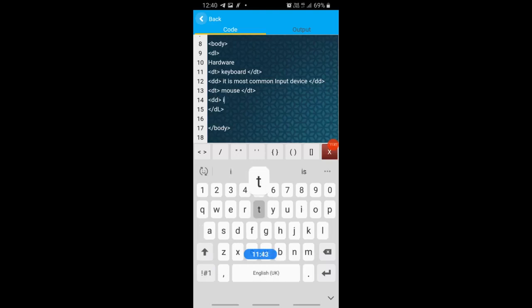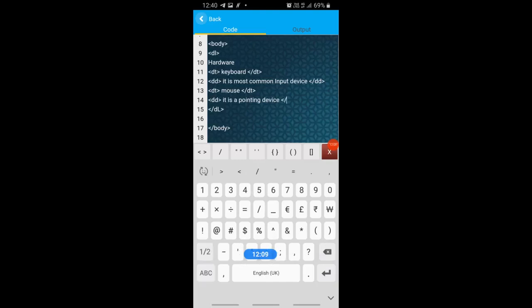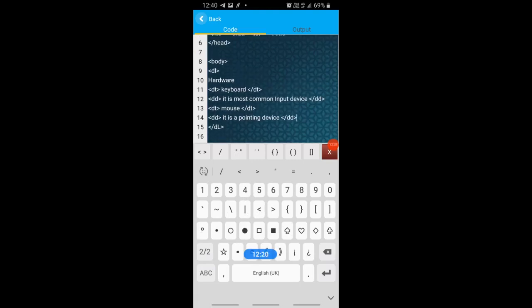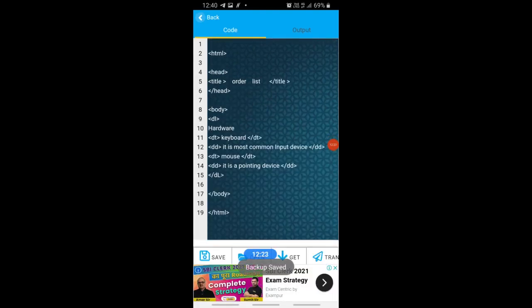Here we can write it is a pointing device. After that you have to close it. So that is the coding completed.